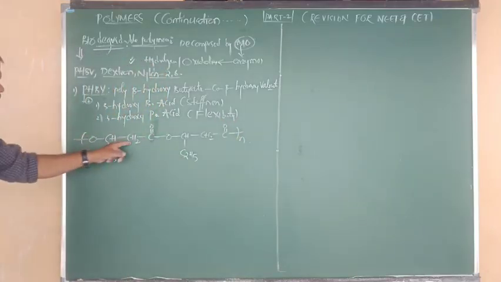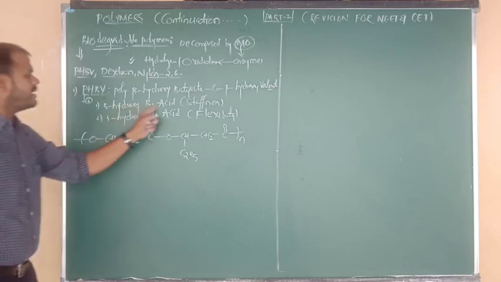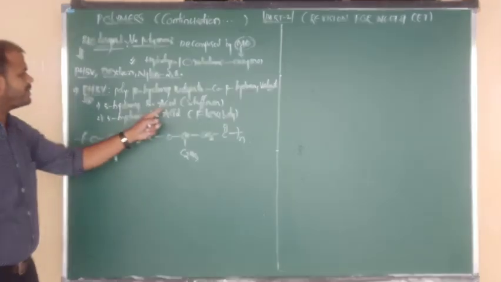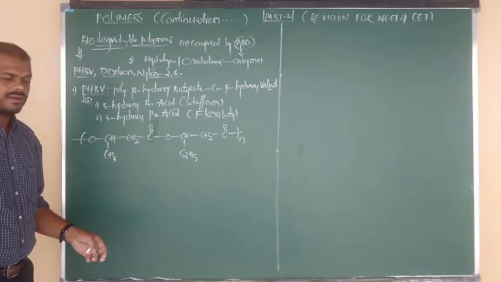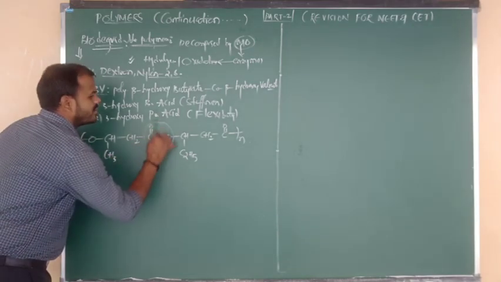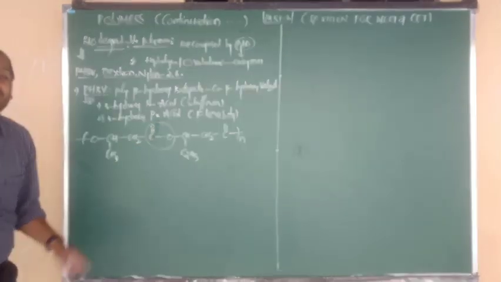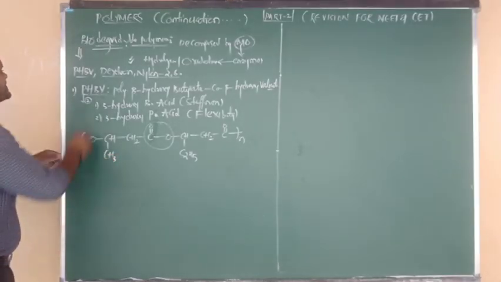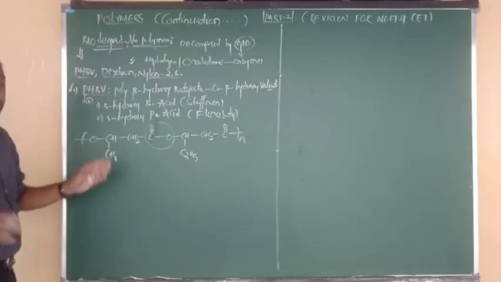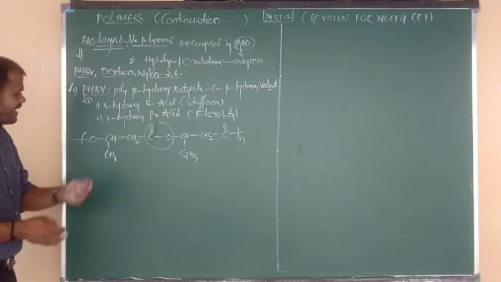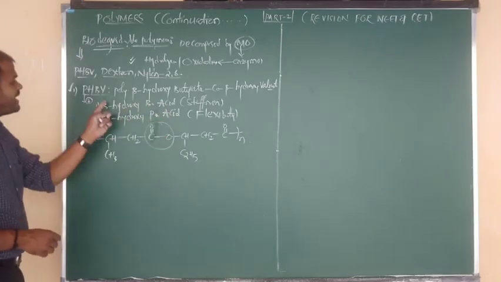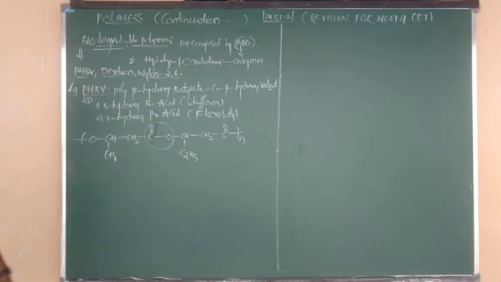Okay, 1, 2, 3, 4. This is the unit coming from 3-hydroxy butanoic acid. 2, 3, 4, 5. Yes, the second unit is coming from 3-hydroxy pentanoic acid. So these are the COO, taken n. Nothing but the polyester category. I told you yesterday, PHBV is an example of polyester because of polycondensation products of dicarboxylic acids and diols. Okay?